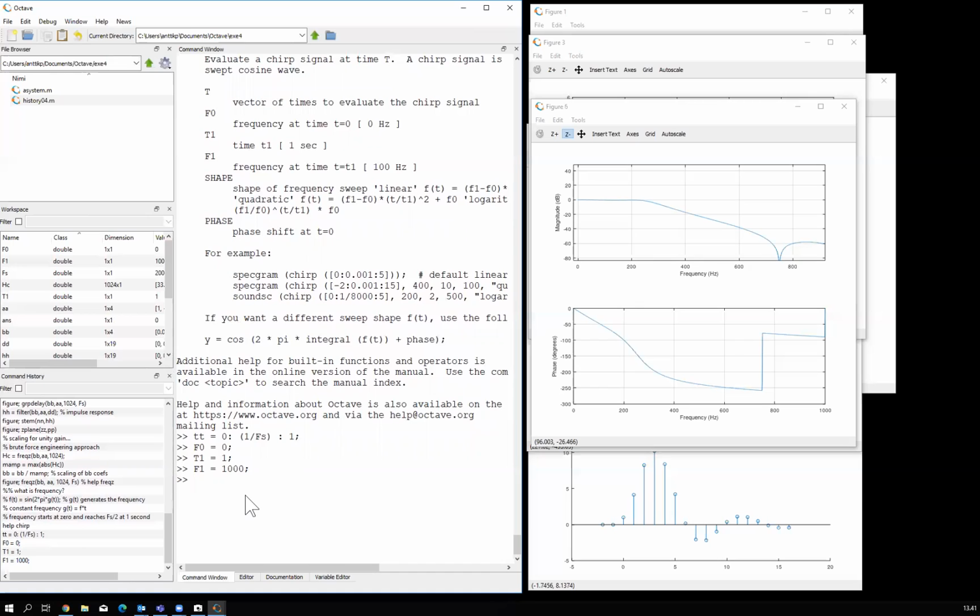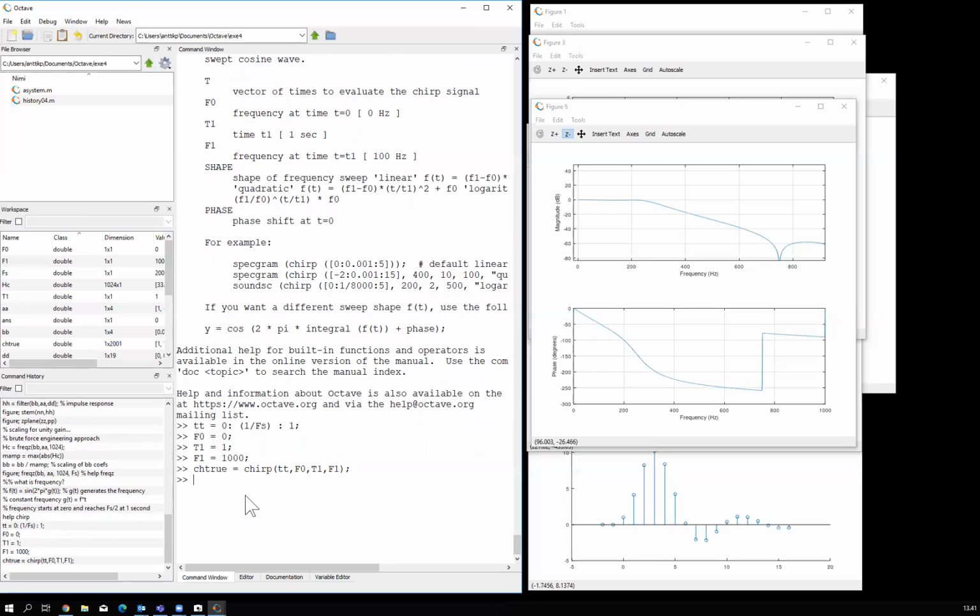So chirp 1, let's call this chirp true. Chirp of t, f0, t1, f1, and it looks like